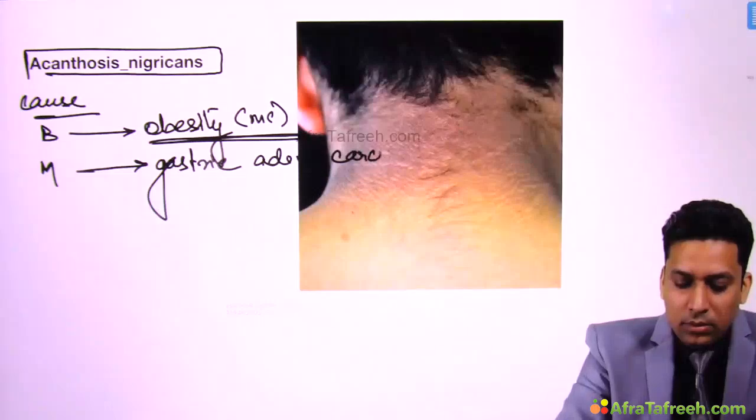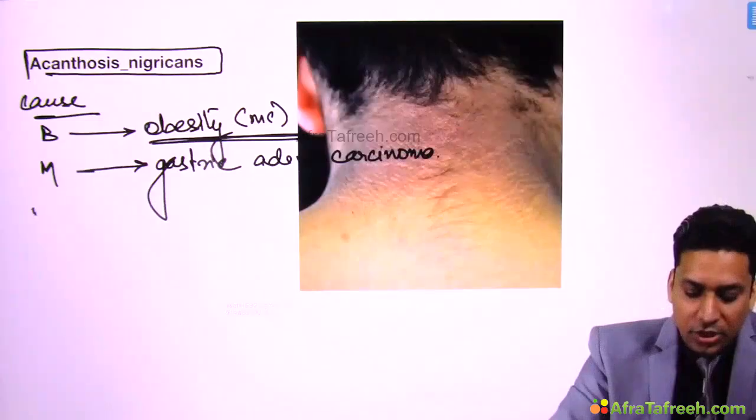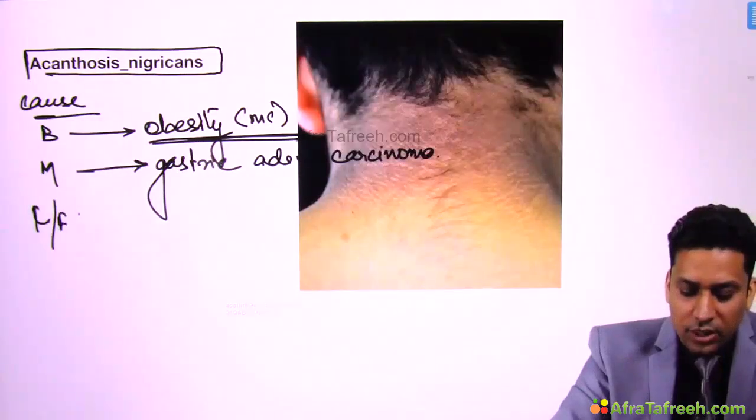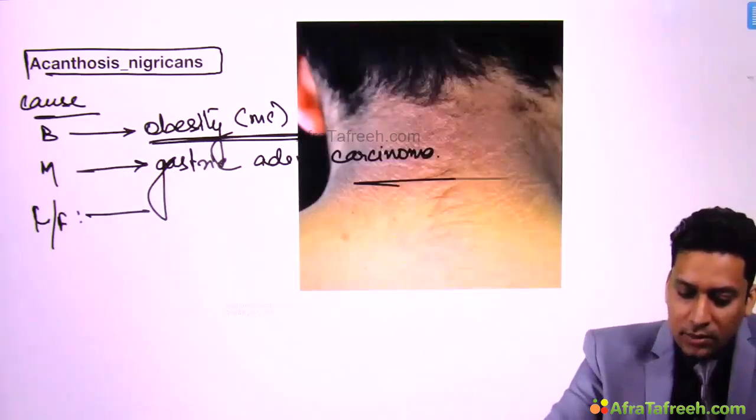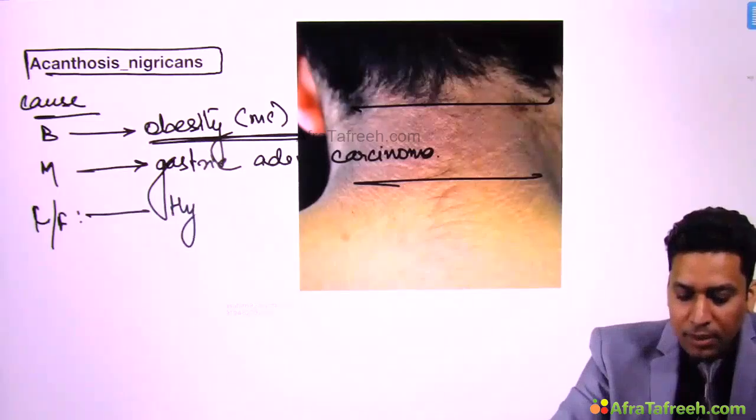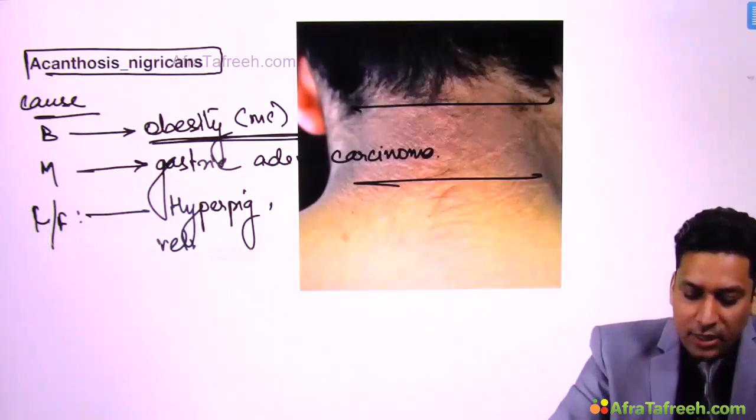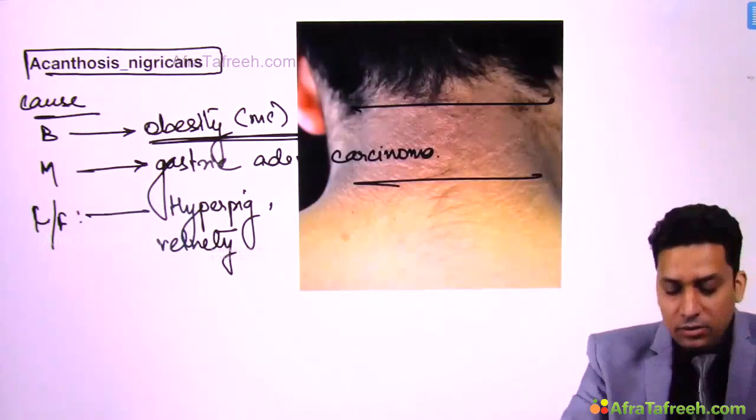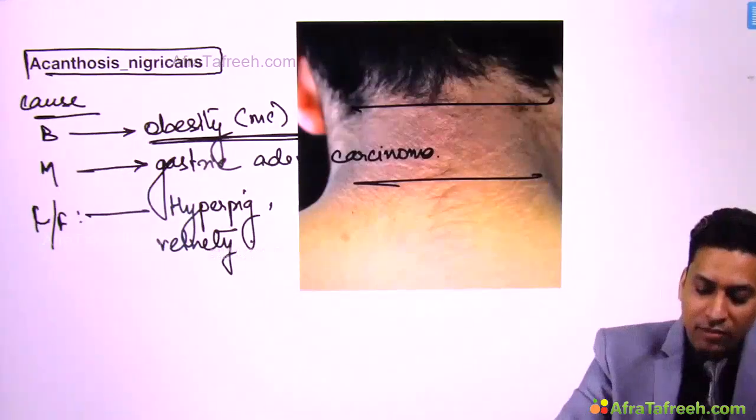gastric adenocarcinoma. Gastric adenocarcinoma. Presentation. So clinical features. It presents with, like you can see here over the neck of this patient, hyperpigmented, velvety. So the feel is velvety. Okay, so this is hyperpigmented, velvety discoloration